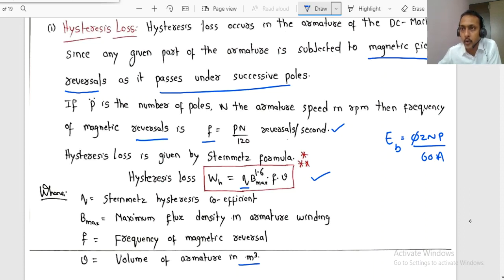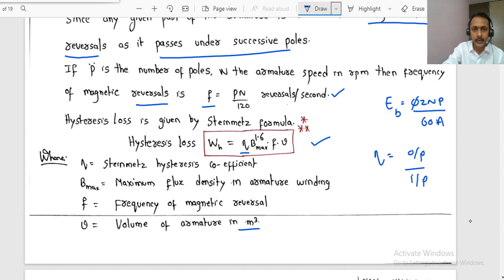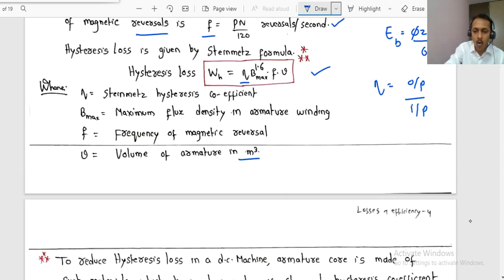If somebody asks you how you can minimize the hysteresis loss, why? Because if the losses are low, the output will be high. If the output is high, what will happen? What is the formula for efficiency? Output by input. So obviously if your losses are less, then output will be high, then efficiency will be high. So after understanding the losses, we should be in a position to know how to minimize them, especially the hysteresis loss. What you can do is select a material which has a very low eta